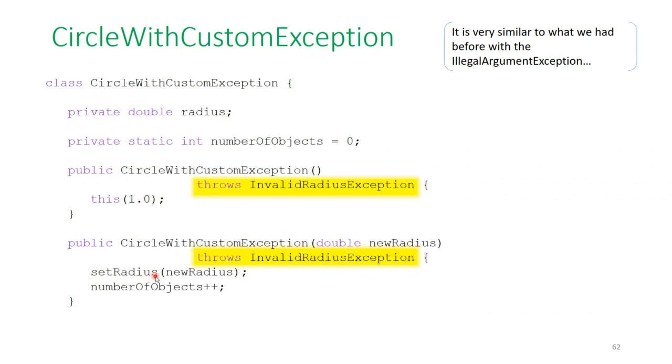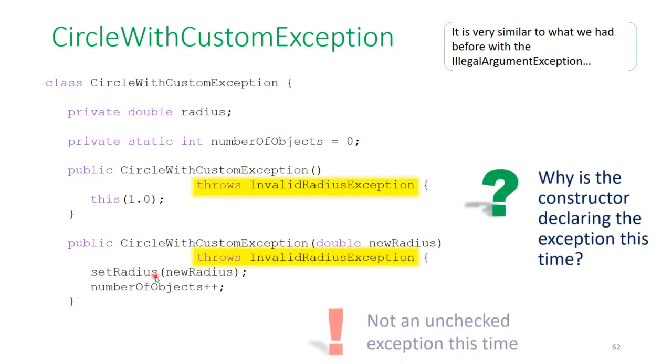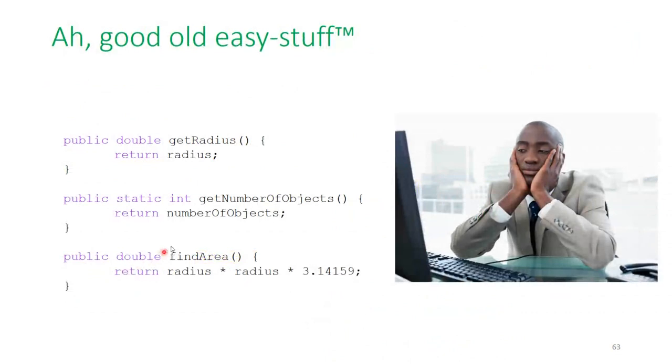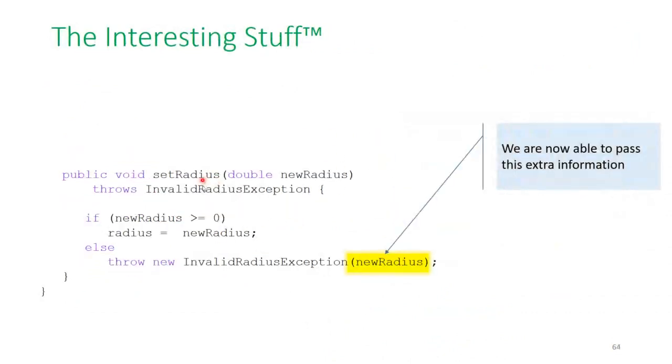And set radius, if I look at the next slide, this is what I was explaining here. You have to throw because you call something that throws. It's not an unchecked exception, so the compiler will force you to write it. I call set radius, and set radius, let's go over the easy stuff quickly. There we go. Set radius throws that invalid radius exception, and it throws it right here in the middle of